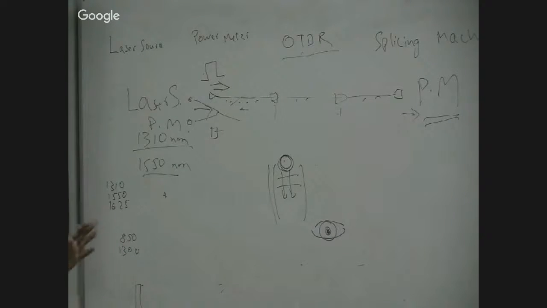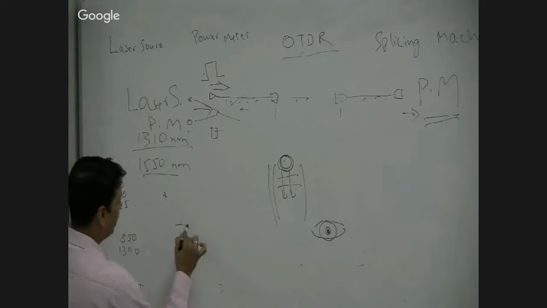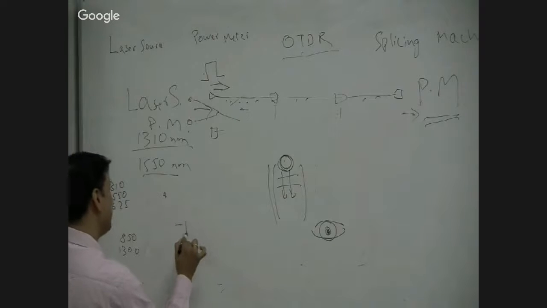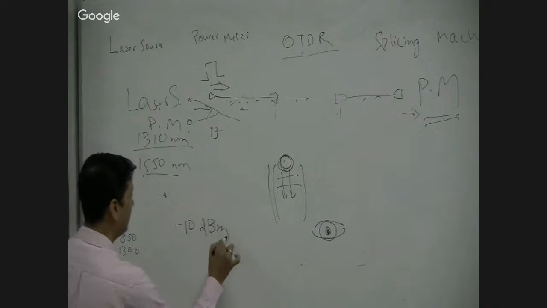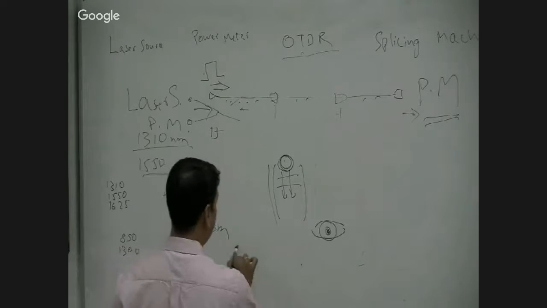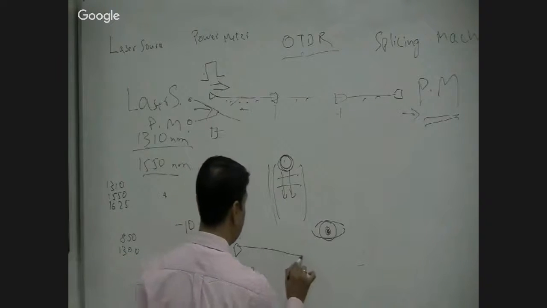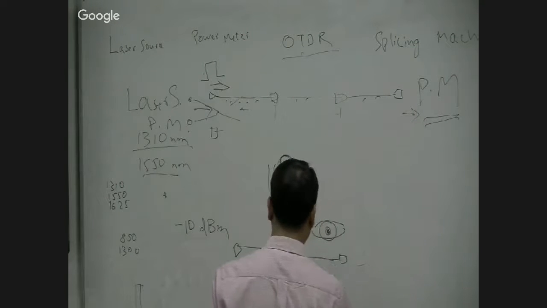Similarly, the power meter is the same thing. It has a particular power level up to which it can sustain, beyond which it will burn. So you have a laser source which is good enough for transmission. For example, you transmit minus 10 dBm power from the laser source, and the first connector gives you a 0.5 dB loss, the cable gives you another 0.5 dB loss,